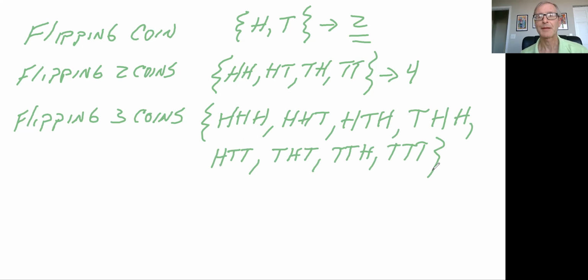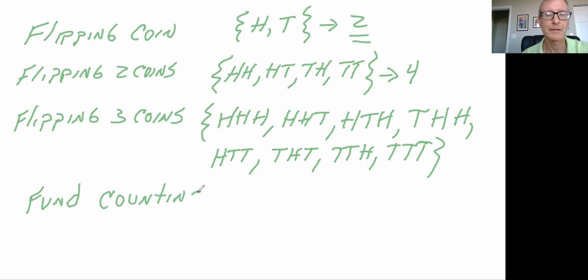And so the idea here is that when you calculate the sample space, you need to know what the experiment is and how to do this calculation. And this is called the fundamental counting principle. And it is defined by the number here of the experiments that you do multiple times. So for example,